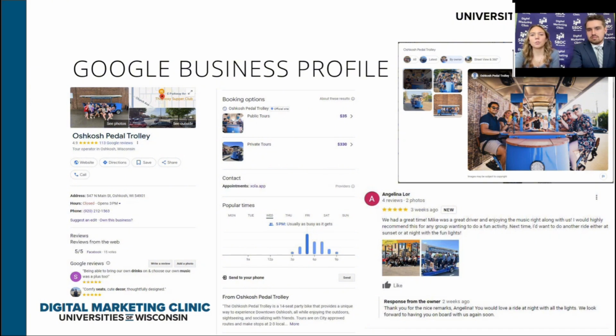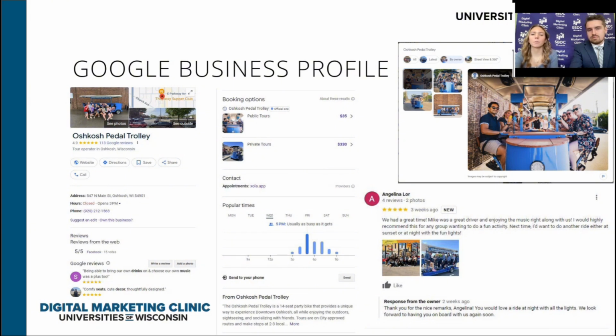They utilize reviews and respond to them promptly and professionally. They connect with them personally by having a unique response for each, and they also encourage them to visit again. You want to make it personal as well and show that you do care that they are writing reviews for you. They have booking options to show different types of services, and they include a good description of their business.